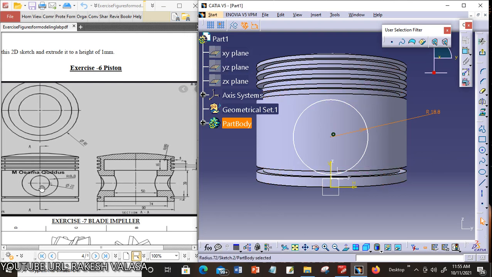Next, give the constraint from the bottom, that is 18.8 plus 7 mm.